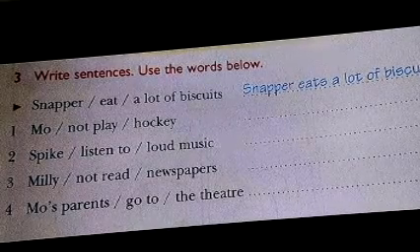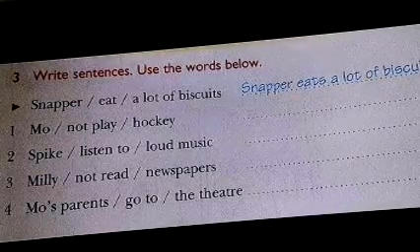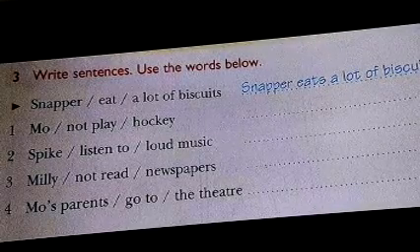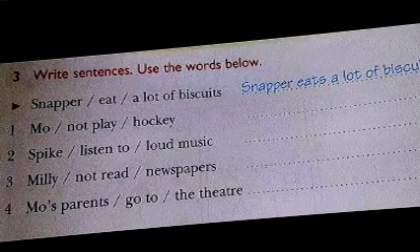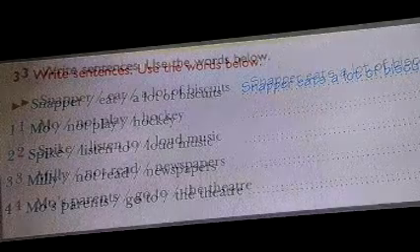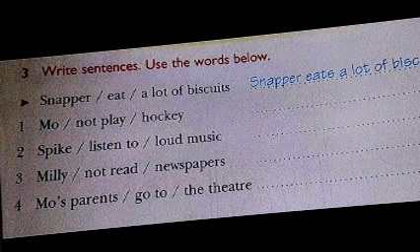Or Millie does not read newspapers. Anyhow you can say. I used the verb contraction. Verb contraction is, instead of saying does not, I used doesn't. Okay. So the last one,